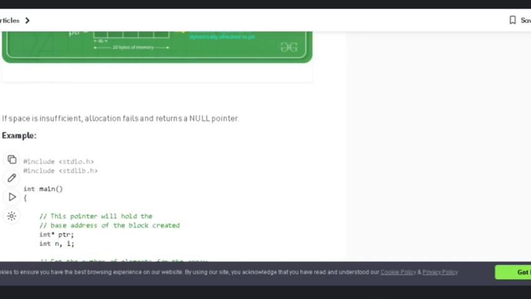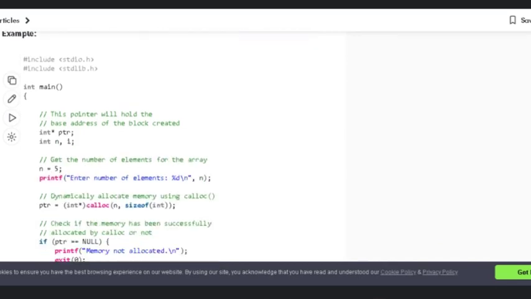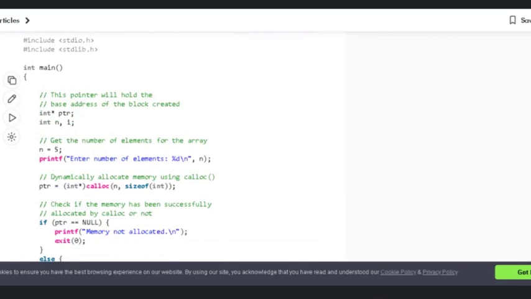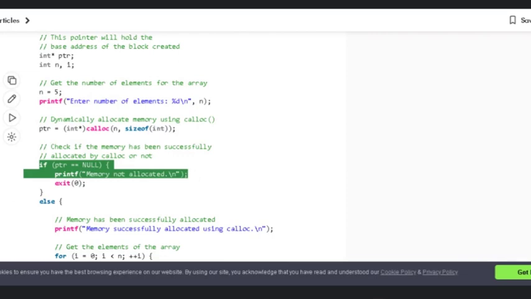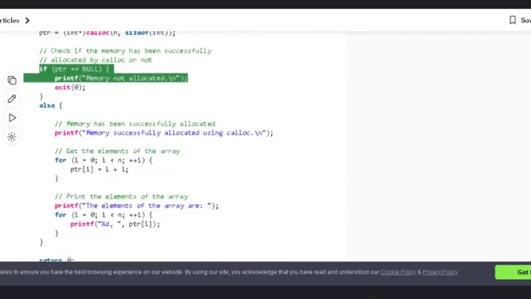Again, in this we can test using the null pointer whether sufficient memory is available for storage of the array elements or not. You can see the whole program is almost the same except for this statement, where malloc is replaced with calloc, right? Again, it is tested using the if statement whether sufficient memory is there or not.